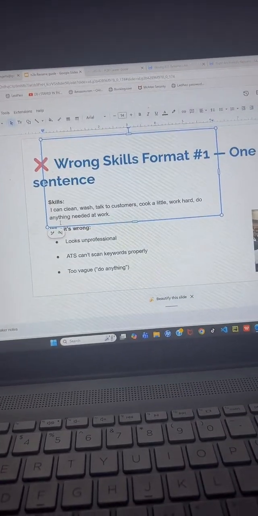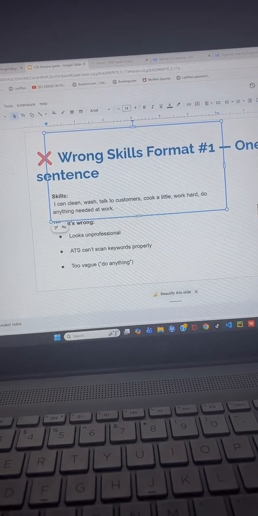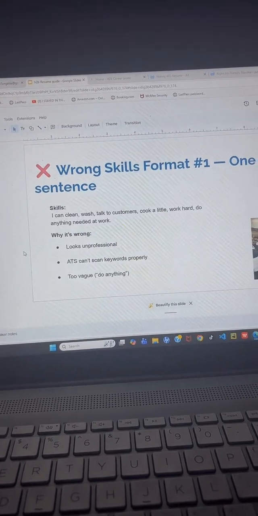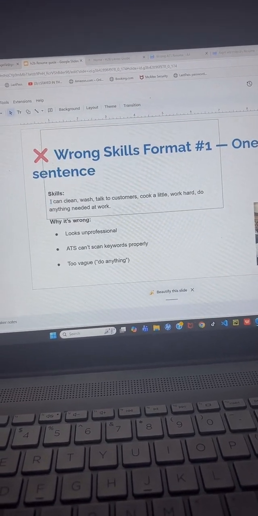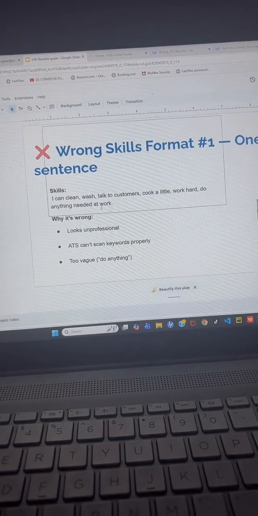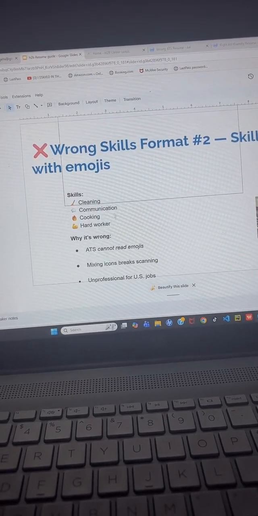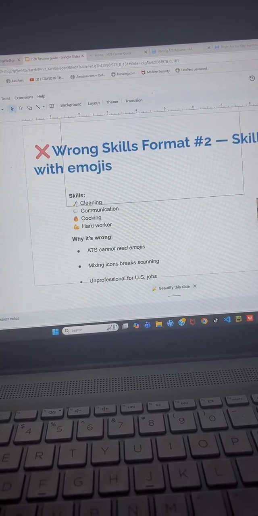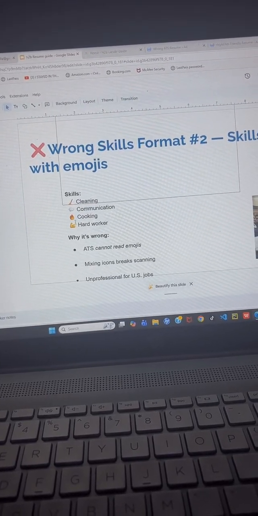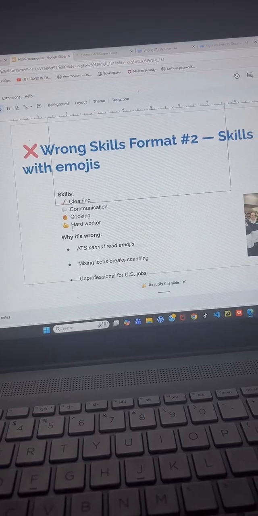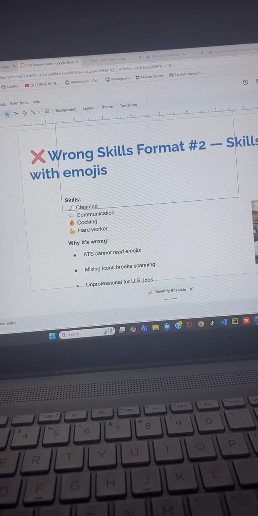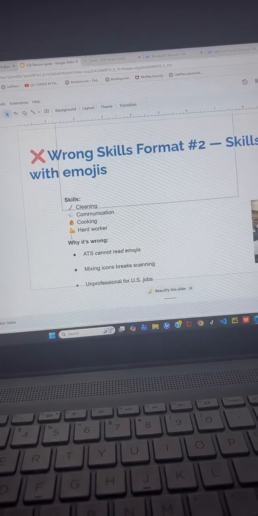So ensure that you're not using sentences for your skills section. So this is so wrong. Alright, ensure also that you're not using pictures in front of your skills when you're listing your skills as well. These things are wrong to put on your resume.